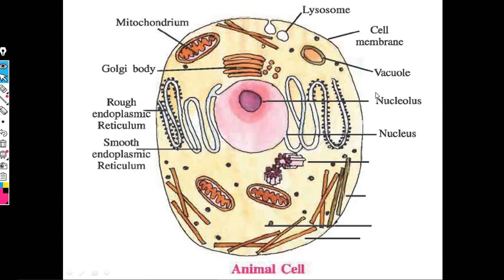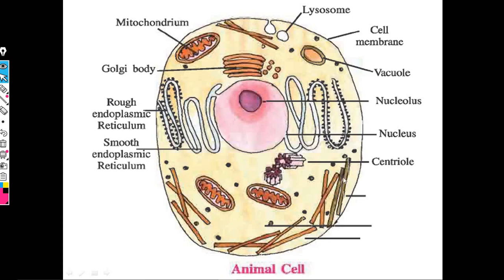So, these are all structures: nucleolus, nucleoplasm, nuclear membrane. Together, you will call it a nucleus. Here is a pair of centrioles. You can just see that, right? I have already named it, right? So that's a centriole. These two centrioles together are referred to as a centrosome, right? Here it's not shown, but you need to remember.